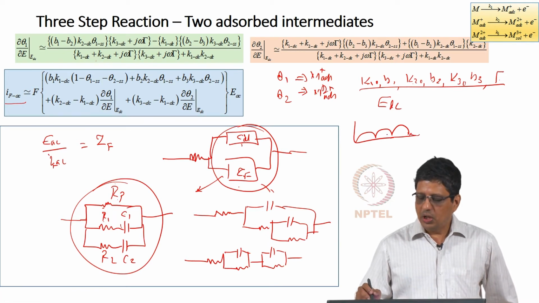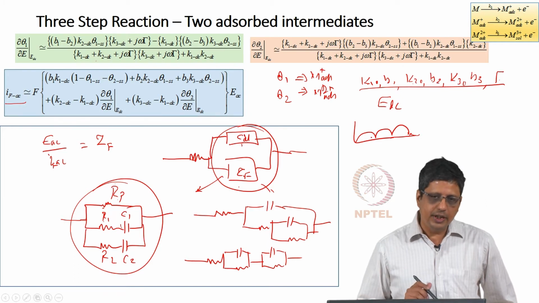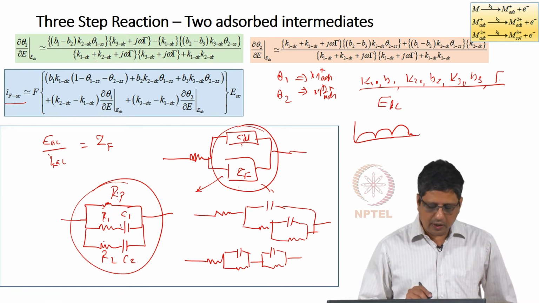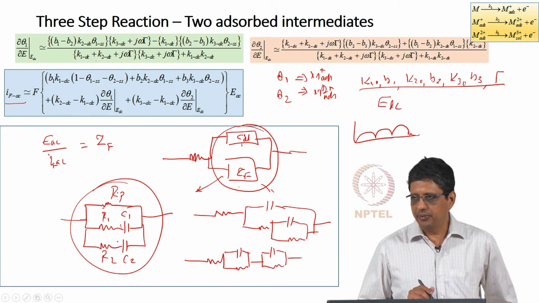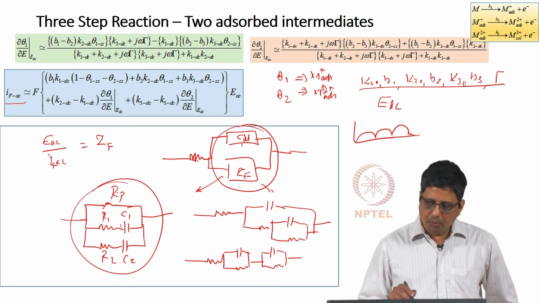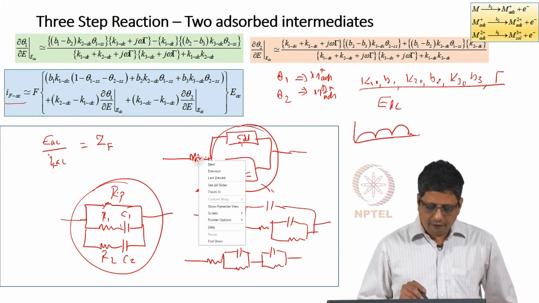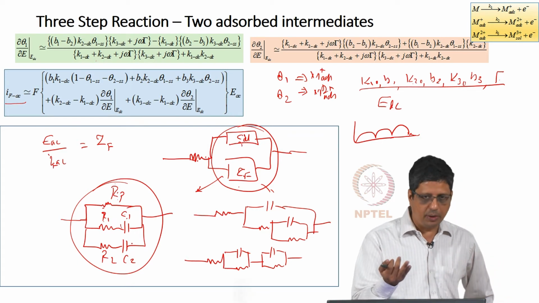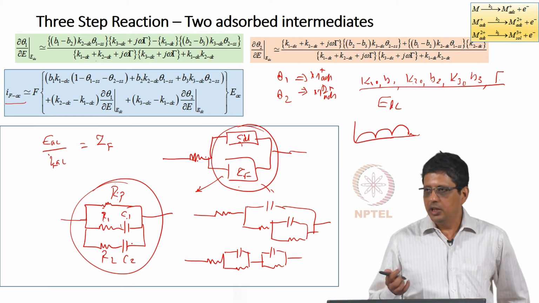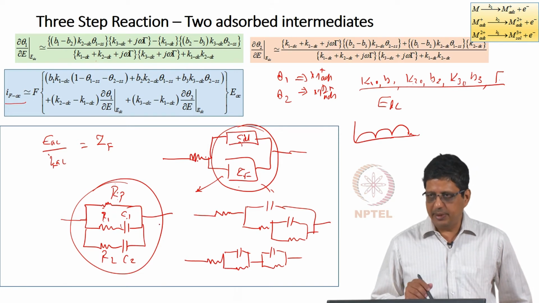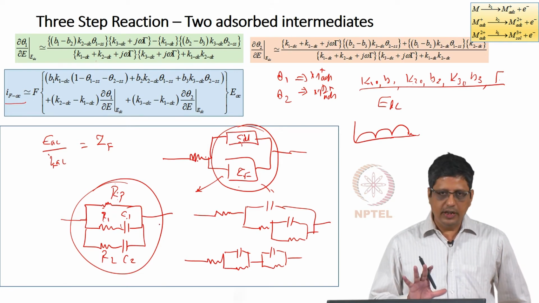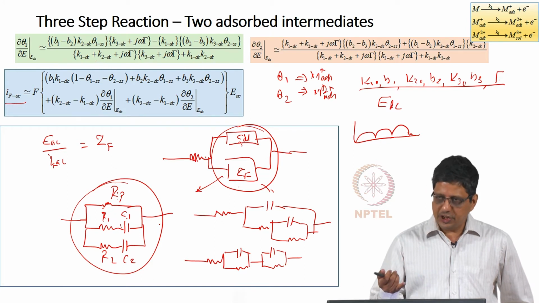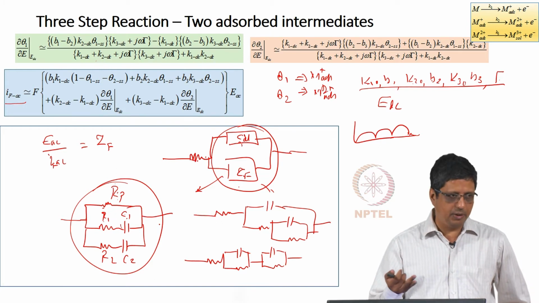Okay. Now, basically how many points do you need to get the value of all the parameters here? You need 7 points, 2 points corresponding to 2 parameters of CDL and R solution, 5 points corresponding to the 5 parameters here. If you have 2 unknowns, you need minimum of 2 points to solve, right. If you have 5 unknowns in the Faradic impedance, you need 5 points. Okay. Of course, one additional point for solution resistance and one additional point for double layer capacitance.